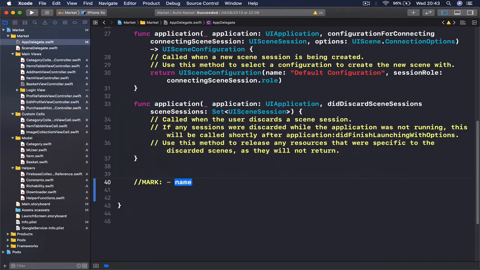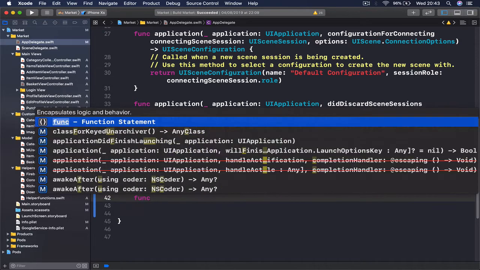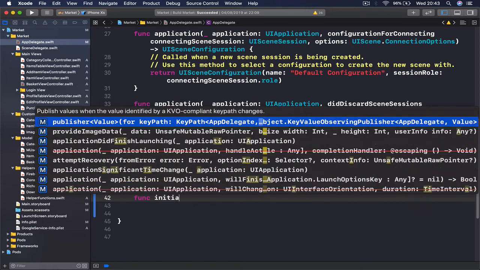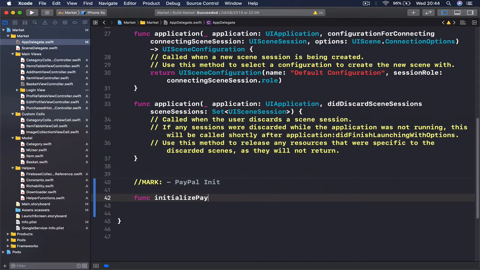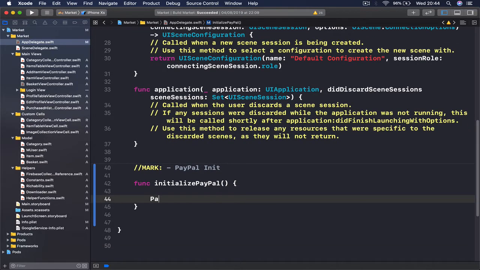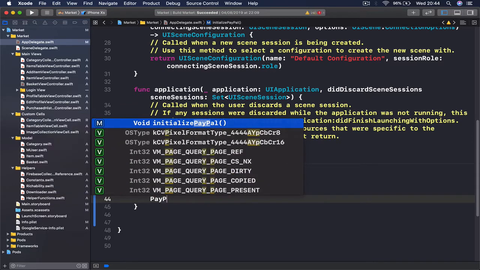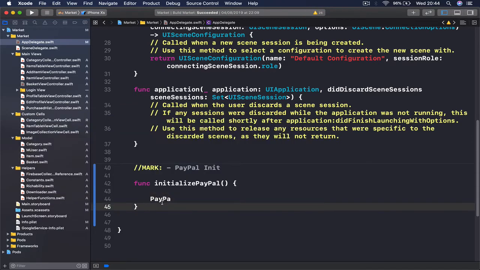I'm going to put a mark, PayPal. And here I'm going to create a function and call this initializePayPal. And here we are going to call our PayPal. And one thing is missing because it doesn't autocomplete, and the reason is that PayPal is written in Objective-C and not in Swift. And in order for us to use PayPal in Swift, we're going to create a